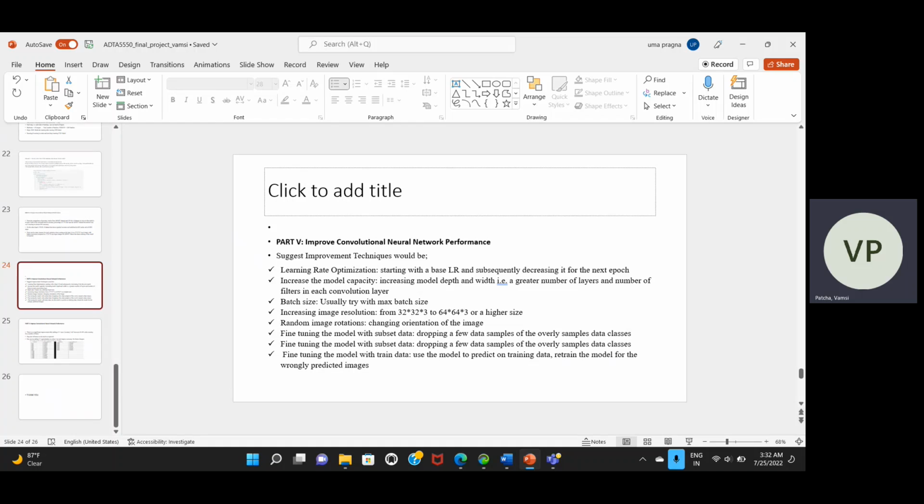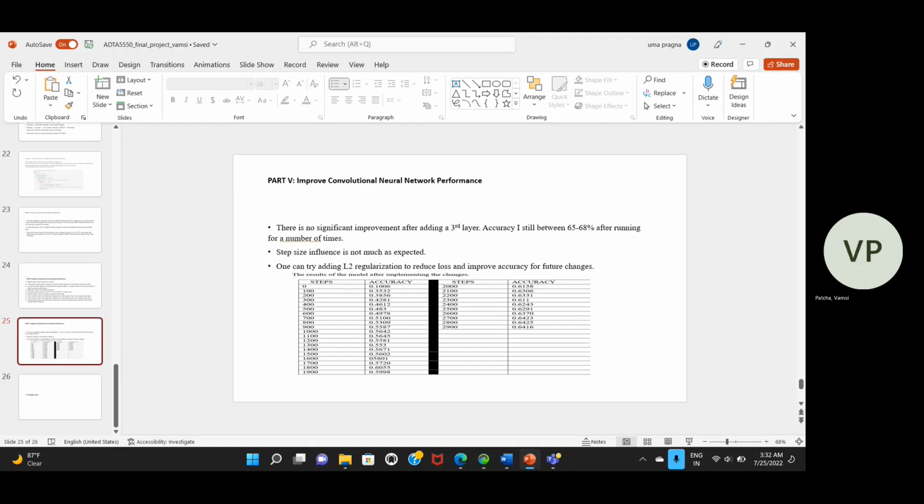In part 5, we need to improve convolutional neural network performance. To improve convolutional neural network performance, there is no significant